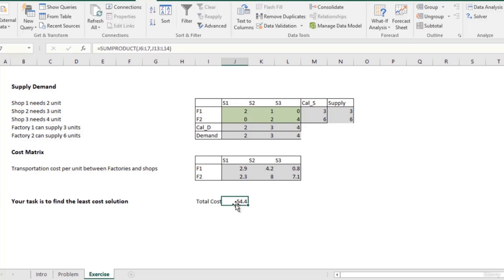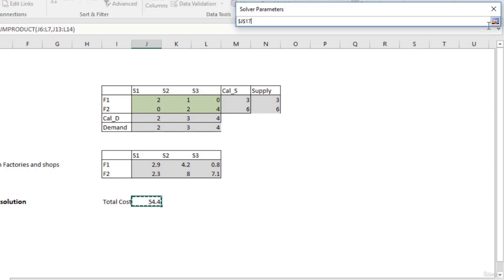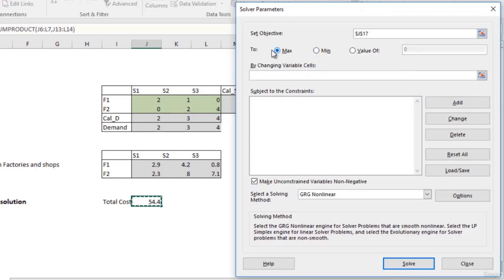To apply sumproduct, we write equal to sumproduct, and within brackets, we first give the first matrix, then after a comma, we will select the second matrix. So now we will click the Solver option. The objective cell is the cell that we want to optimize. So the cell is J17. Now we want to minimize this because this is cost to us. So we'll select minimize